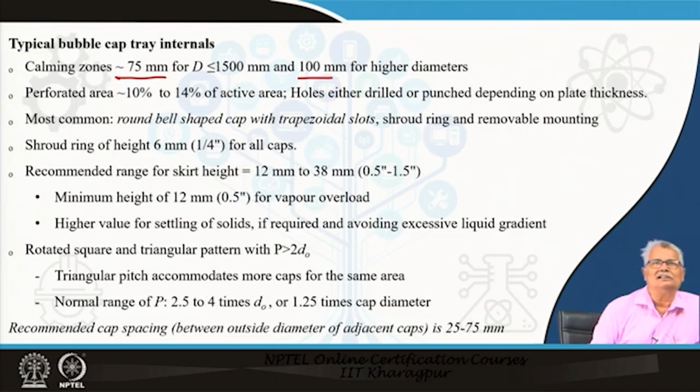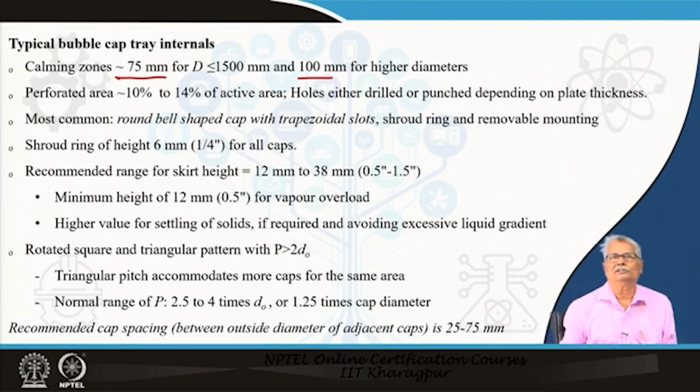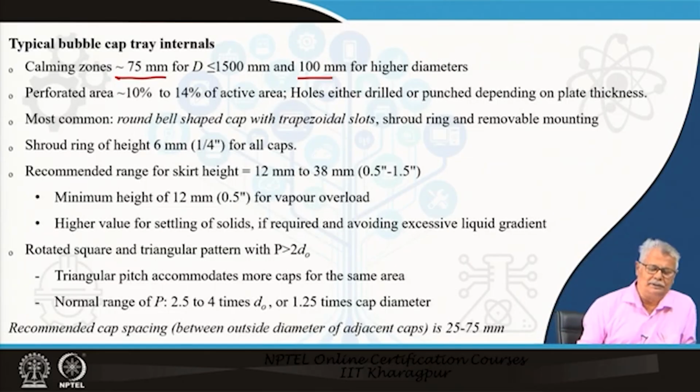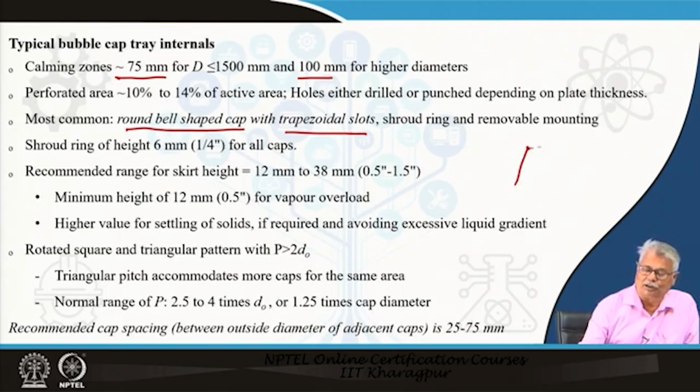The perforated area is about 10 to 14% of the area. The holes are either drilled or punched, the same thing which you have learnt in the case of sieve trays. The most common type of bubble cap is the round bell-shaped cap. They offer lower pressure drop to the flowing liquid with trapezoidal slots. There is one advantage in the trapezoidal slots. If you look at a slot,